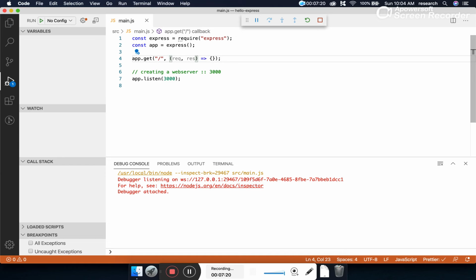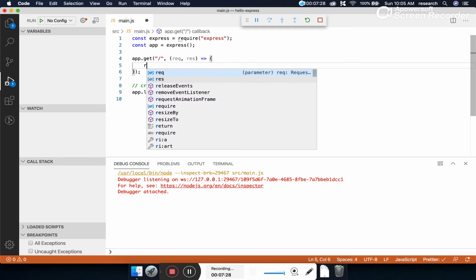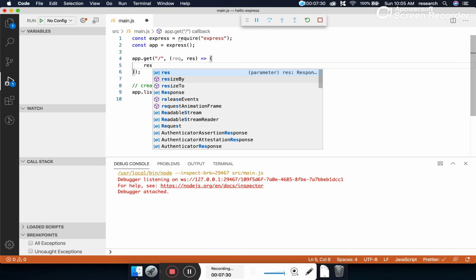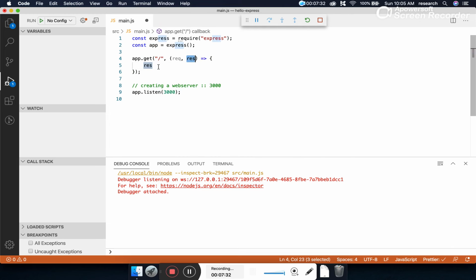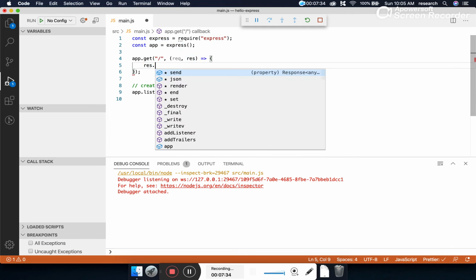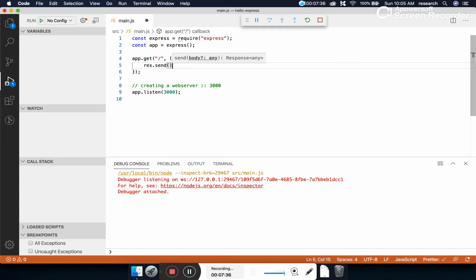We'll talk in much more detail about this method, the parameters and the callback function in a later episode. But right now let's keep it simple, and by using the response object, let's return the output: response.send and just say hello world. As we know that HTTP only understands text, what we are returning here is text output.